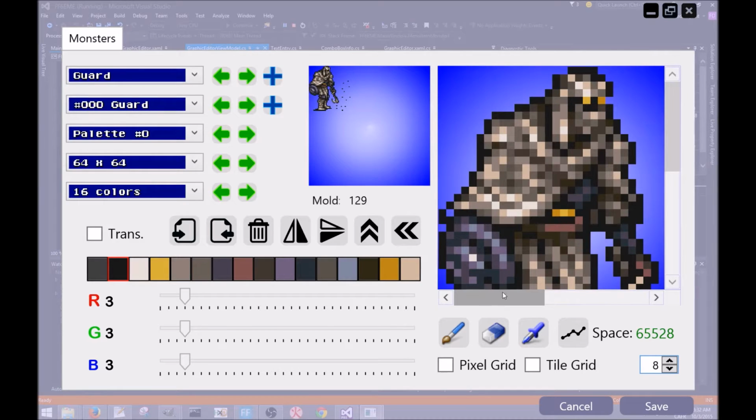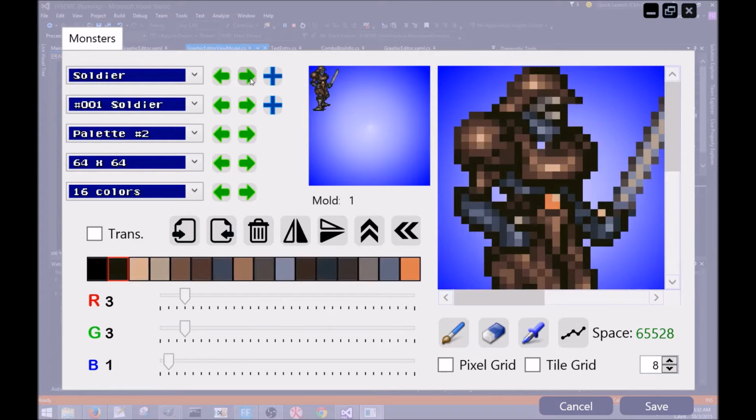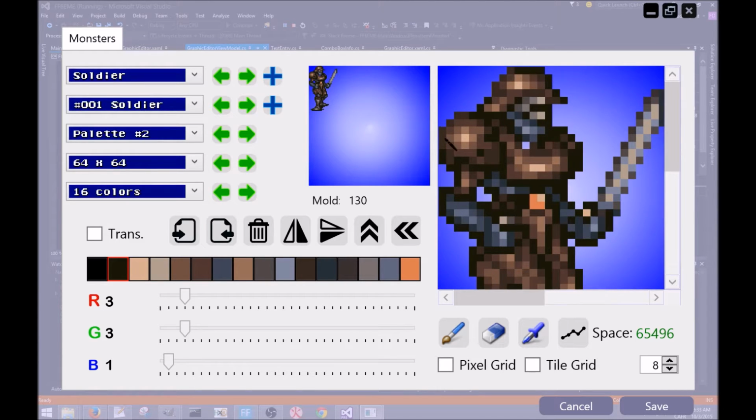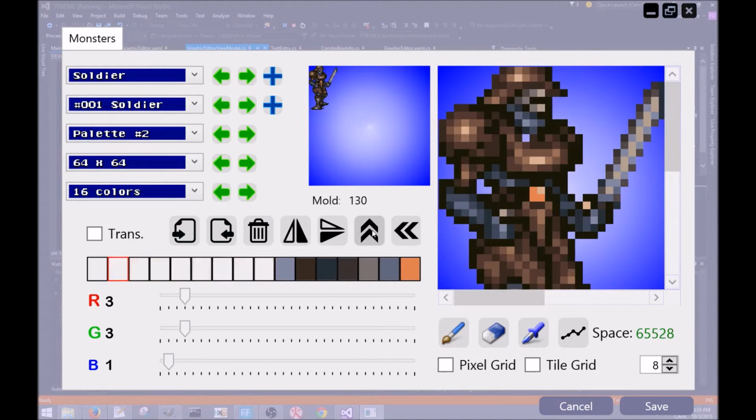Yeah, so it looks like the original FF6EME. I added some more features, like you can shift your sprite to the left. You see it goes on the border here. If you want to save space, or if you're drawing and you want to shift to the left or to the top,